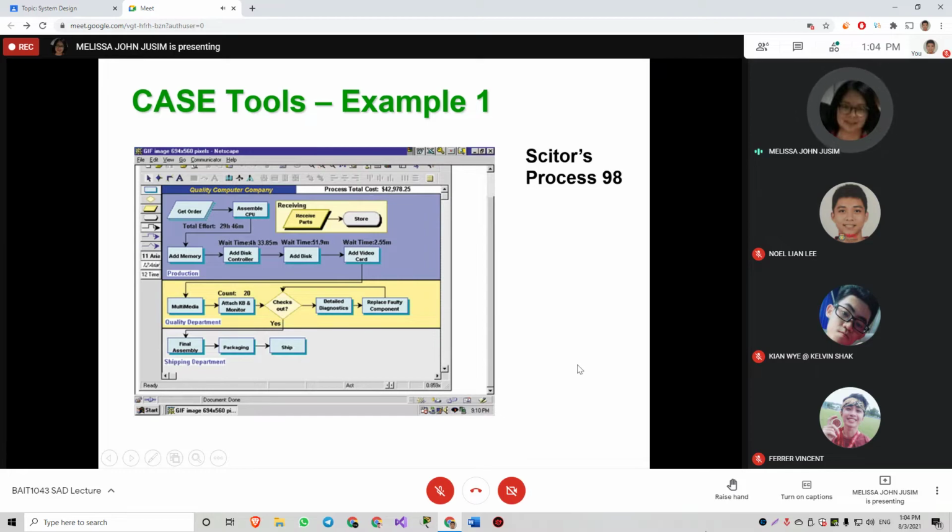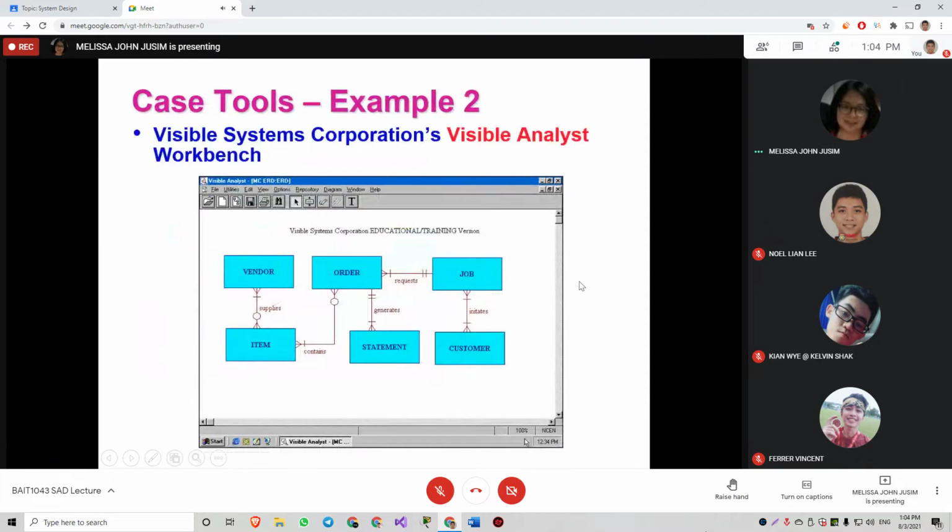Mostly CASE tools are used to draw diagrams. I can see this is a flow chart. This is the Visible Analyst Workbench. This is data modeling, your ERD.